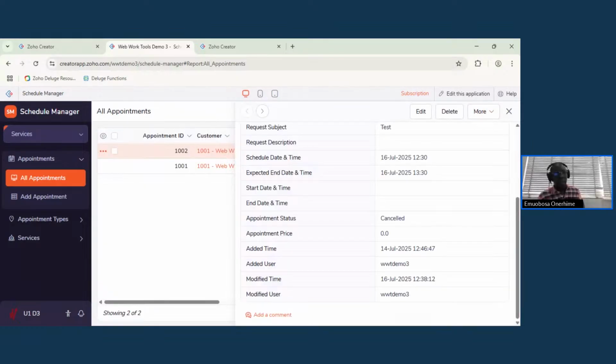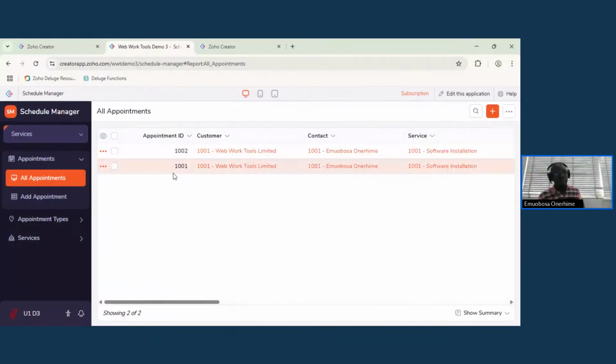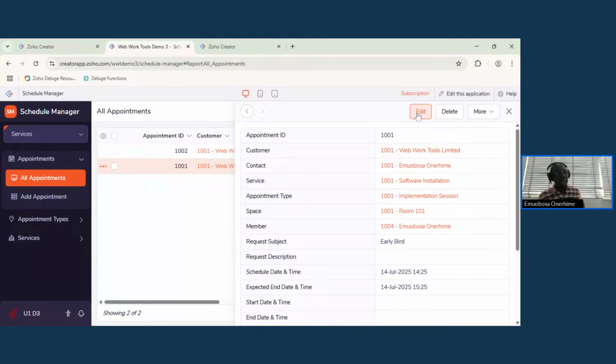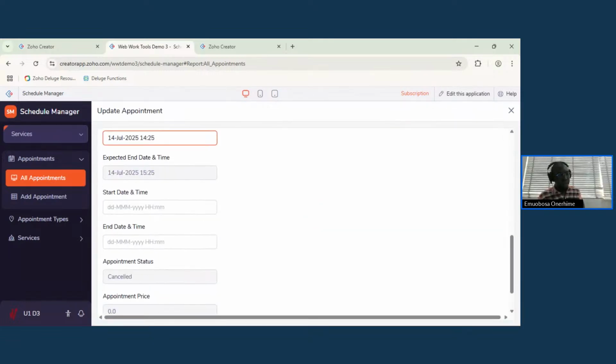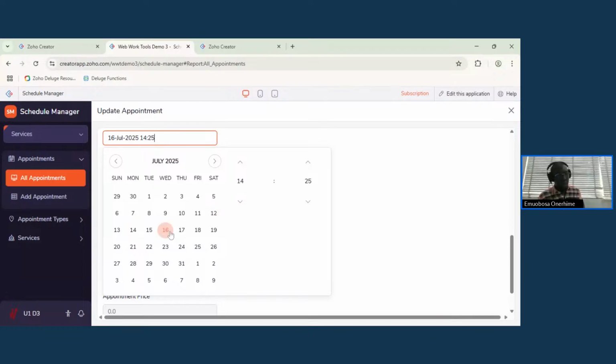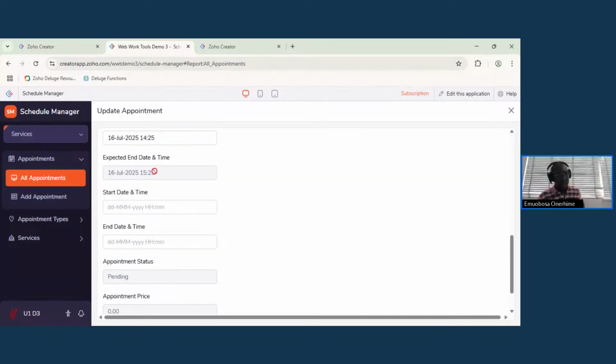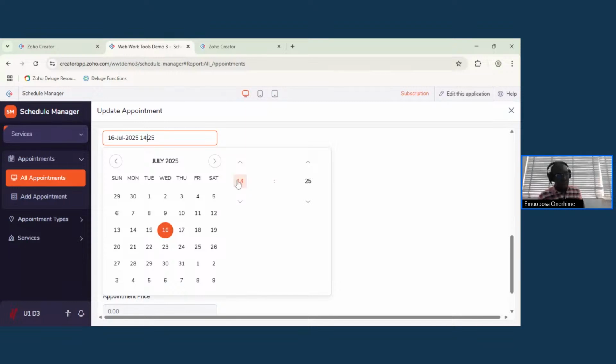Okay. We're going to do one for 15 minutes after and one for the end. Let's do this one for 15 minutes after. So this one, we're bringing it to 16th. And the time, we're taking it to 12. Oh, no, not 12 now. Let's take it to 11. Then instead of 43,